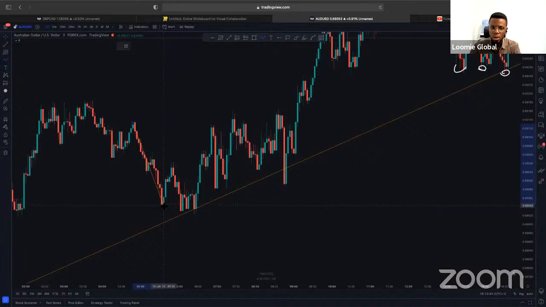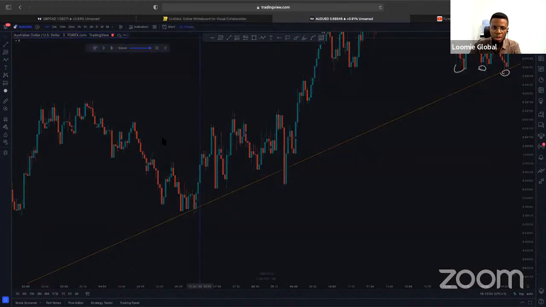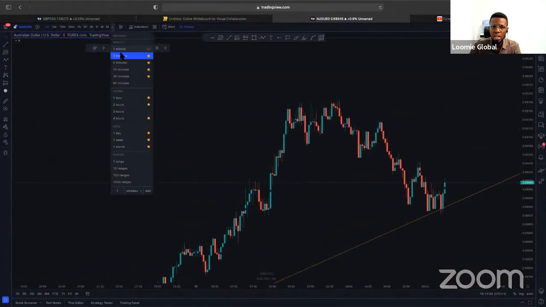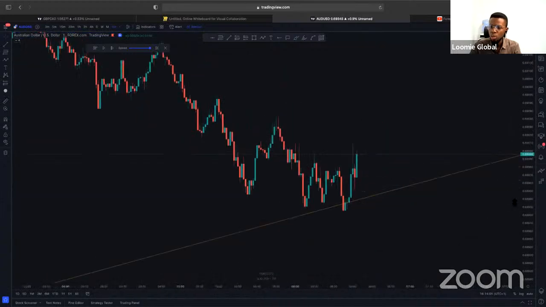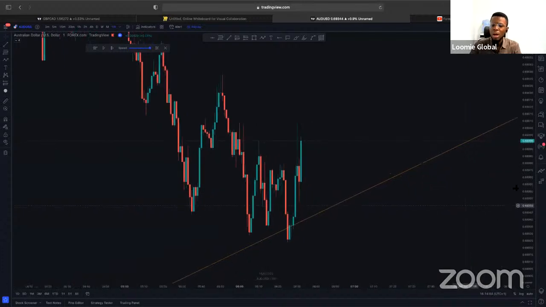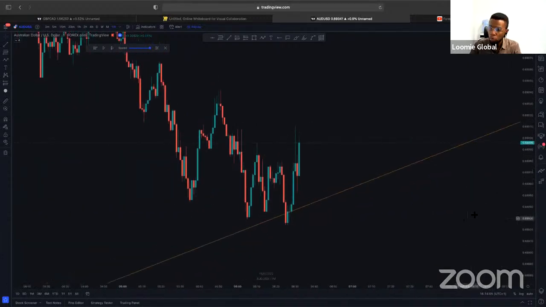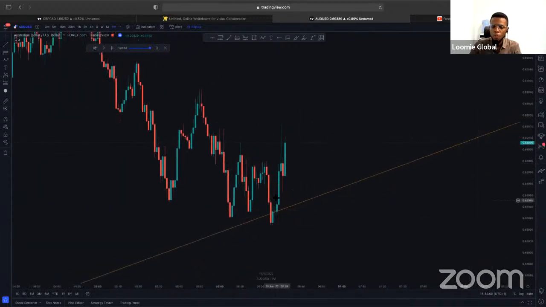So you can see right here, price went up, came down, and even on the small time frame, remember I keep talking about the fractality of price, right? And I say price is fractal in nature, and this is basically what it means. So let me replay price back here, and I will even go to an even smaller time frame. I'm going to the 1-minute time frame so you can see it clearly. And you see that even on the 1-minute time frame, price is doing the same thing and is confirming our movement.